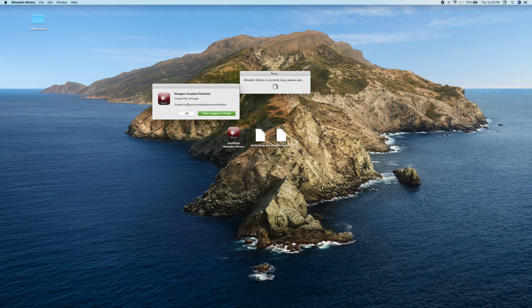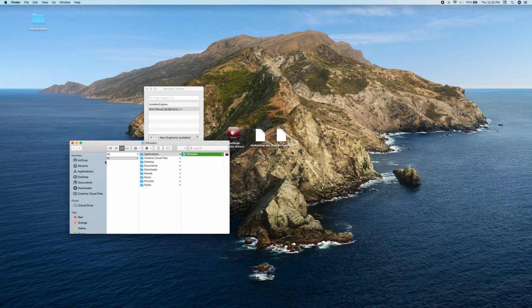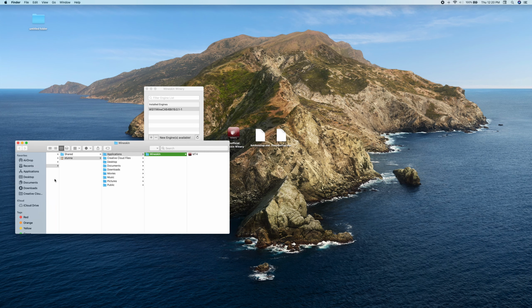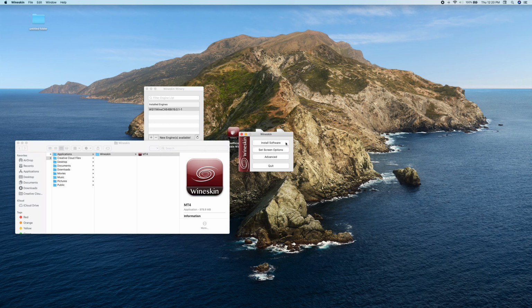So basically, this is the location where the Wineskin application was installed, which is MT4. We just created a wrapper. So now we just need to go and find this wrapper that we created. So we're going to do View wrapper in Finder. Once you click View wrapper in Finder, it will automatically take you to the location of where you placed that Wineskin MT4 wrapper. Now, once you have that Wineskin MT4 wrapper, you just need to double click on that, and then you click on